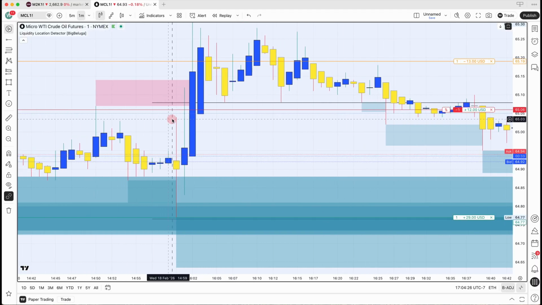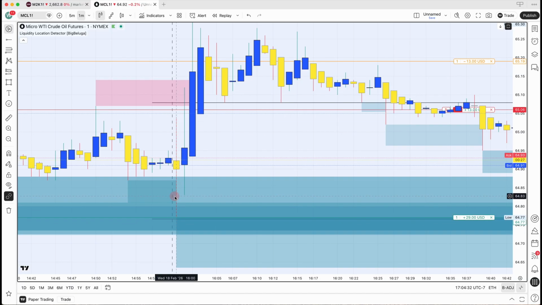Here's the line that tells you the delineation between the New York and the Asian session. When the market opened, it opened right here at 64.92, dropped down immediately within a minute to 64.77, and then shot back up